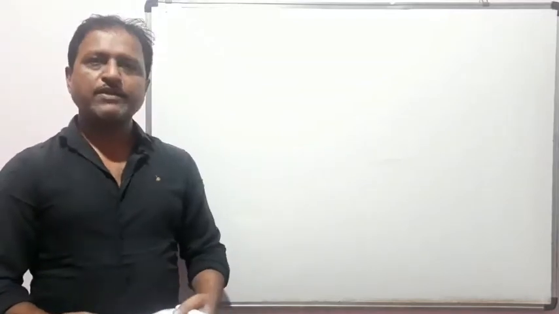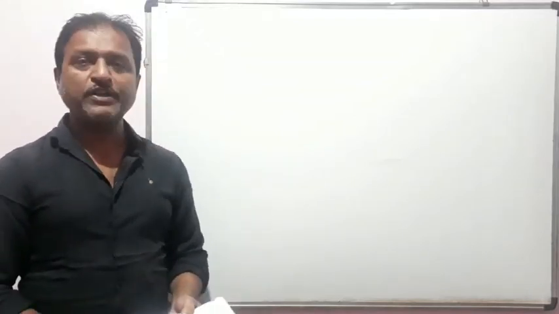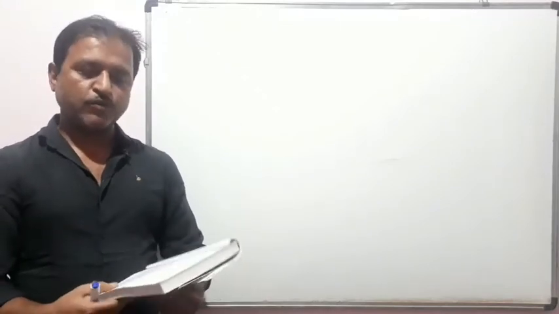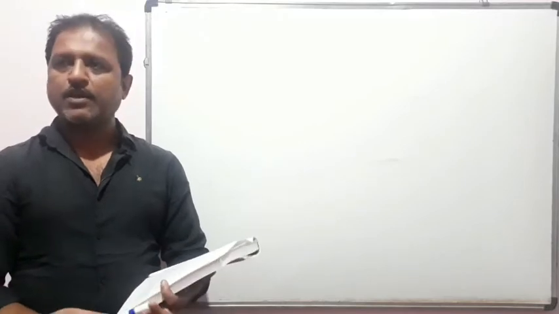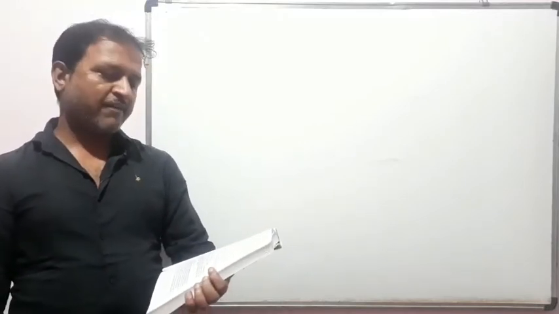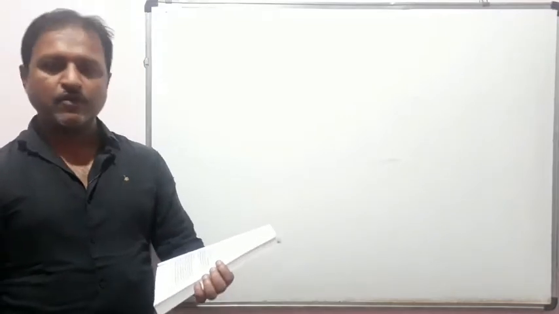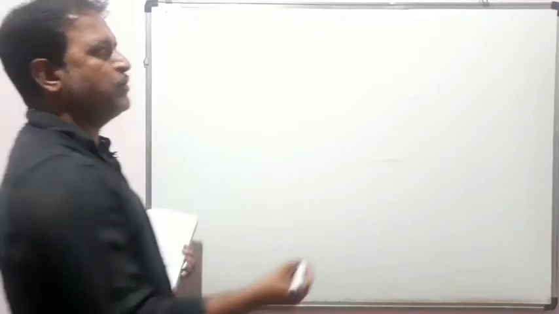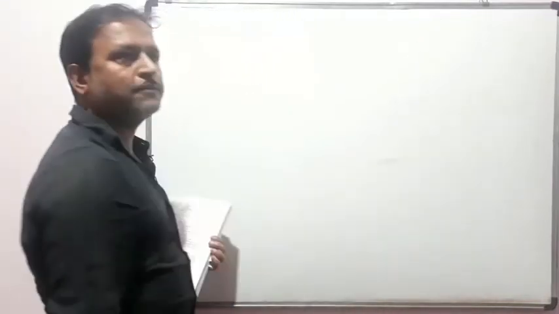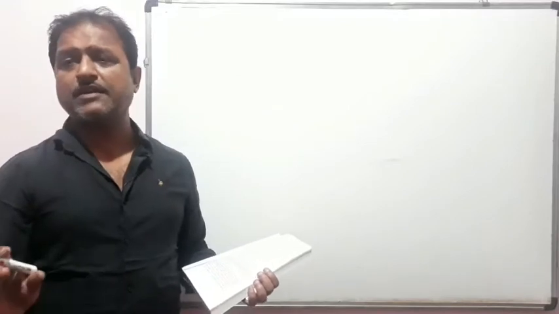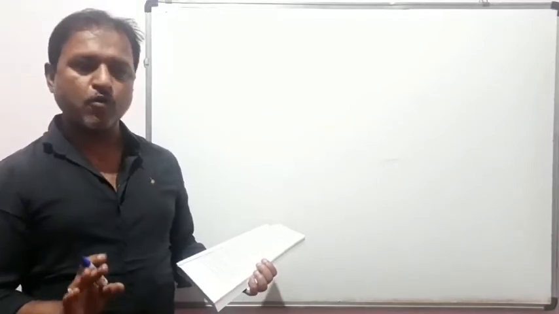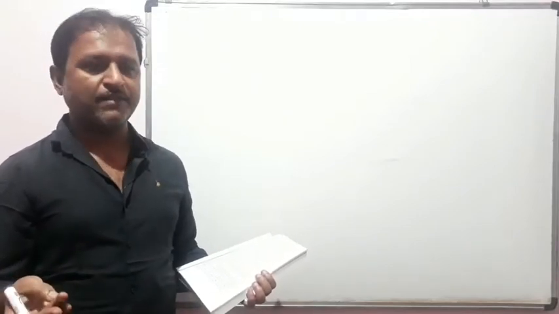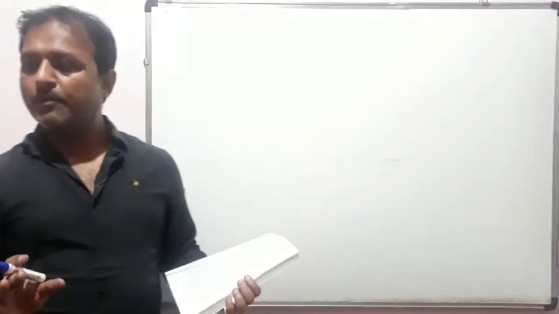Hello students, in the last two videos we learned Euclid's division lemma to find HCF and other uses of Euclid's division lemma. Now we learn an alternative method to find LCM and HCF of two numbers, the prime factorization method. First of all, do you know what prime numbers are? Prime numbers are numbers which are divisible by themselves only, like 2, 3, 5, 7, 11. These are all called prime numbers.